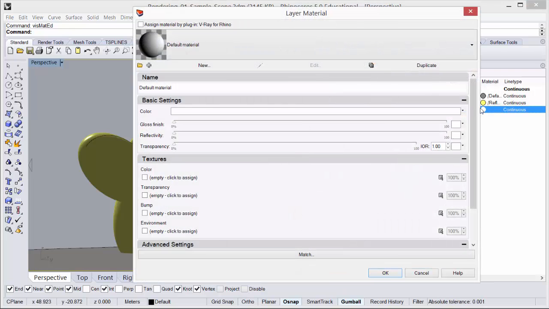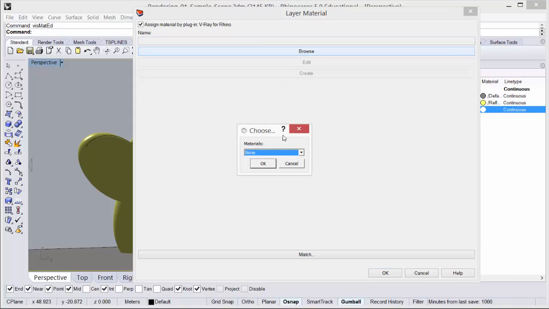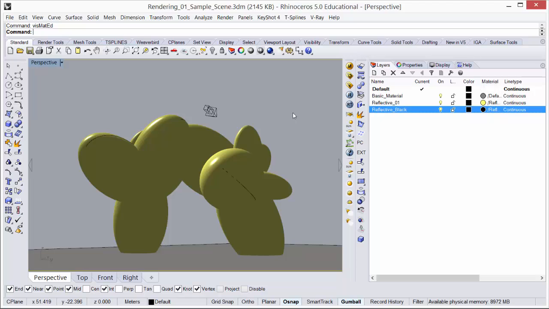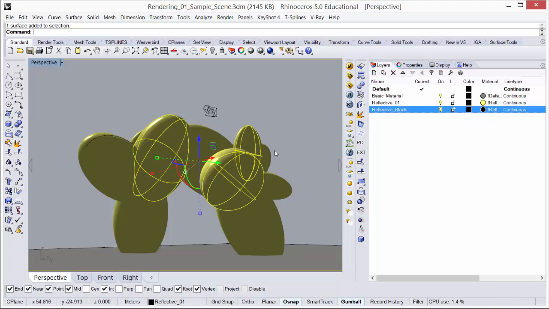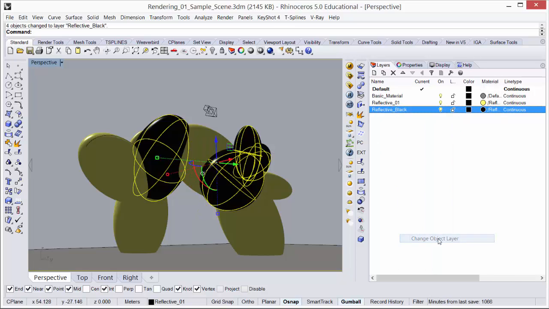And of course I need to link the material, so up here, assign material by plugin, browse, select reflective black, OK, OK, and now if I select a few of these objects and put them in the reflective black layer,